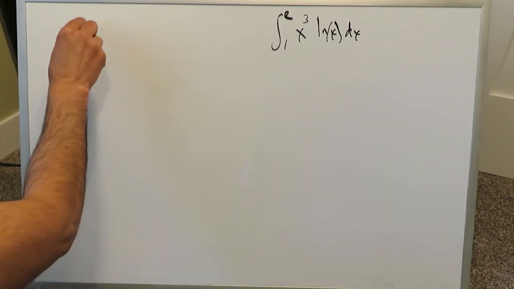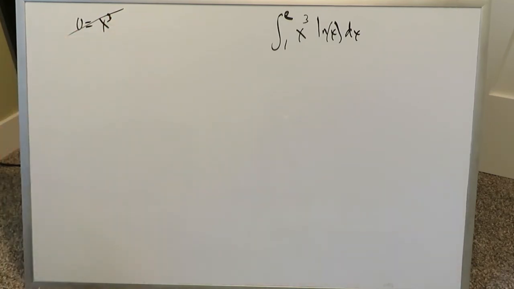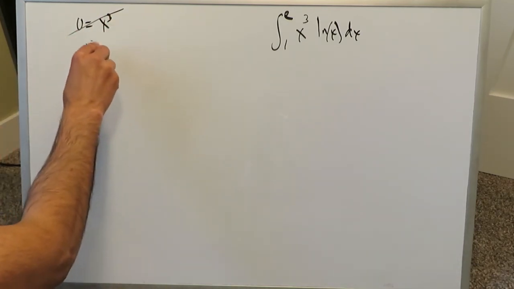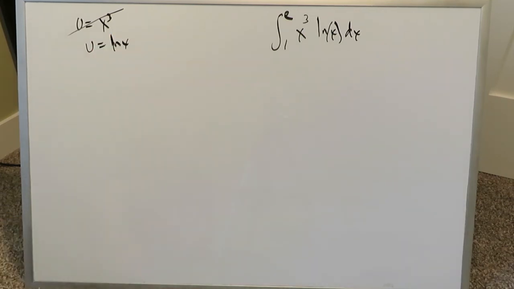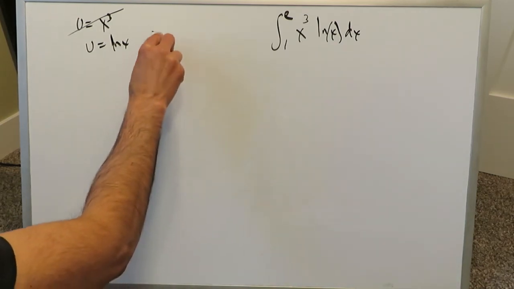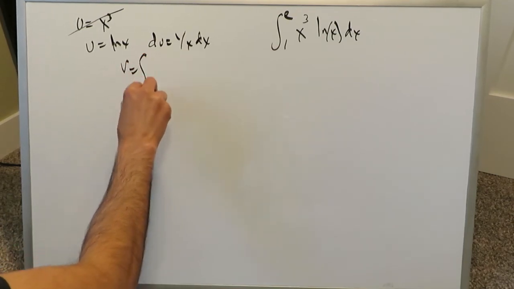You have to make a good smart substitution here, and it will not be u equals x cubed because you'll complicate your entire integrand. The best substitution is u equals ln x, and you'll see why as you do this question. You can try it out yourself with x cubed and you'll see your entire integral will become harder, not easier. du equals 1 over x dx,